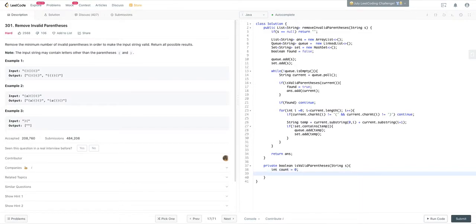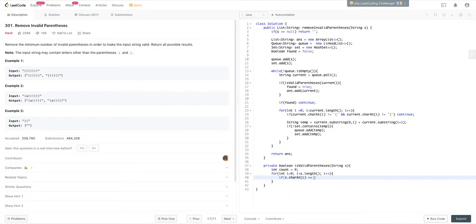We can use a stack, but if there are multiple things to calculate, then it might be trickier with the count, so we are not going to use it. Here it's just going to be opening and closing brackets, so it would be simple to use just the count and nothing else. So let's get started. We have to go through each and every character in the given string. I is equal to 0, I is less than s.length, I plus plus. Now if the character at